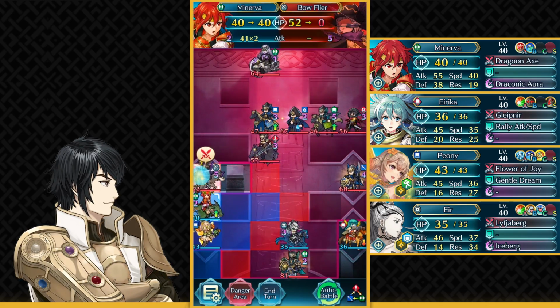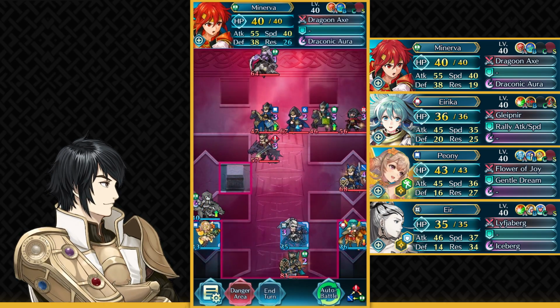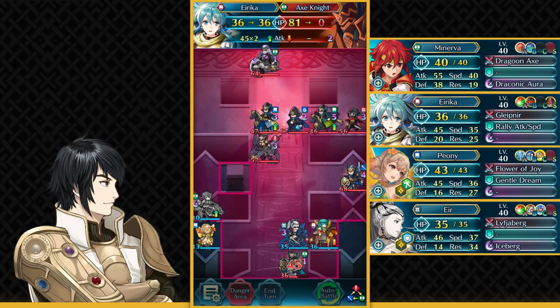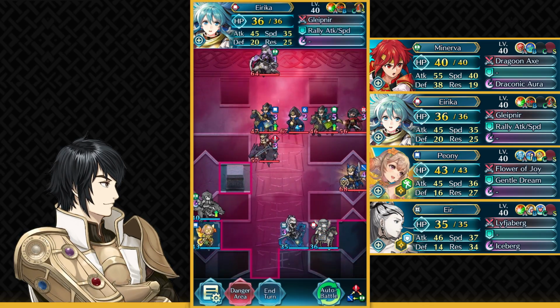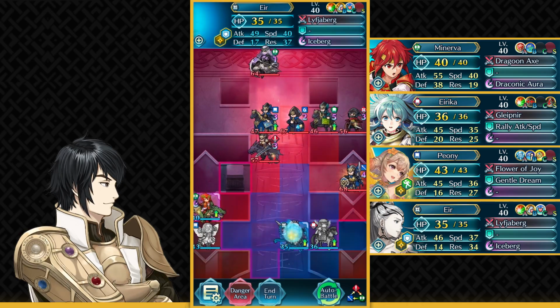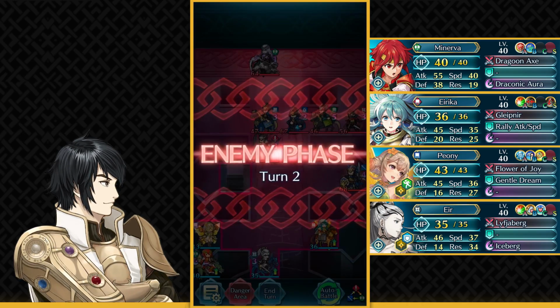So you want to take out this Bowflyer with Minerva, and Flower of Joy does help with that. We also take out this Fridge. Thankfully this Fridge doesn't have Weary Fighter, so that definitely makes our job a bit easy. You wanna dance Minerva, give buffs to Air so that she can take on this Blue Cavalier and have Minerva